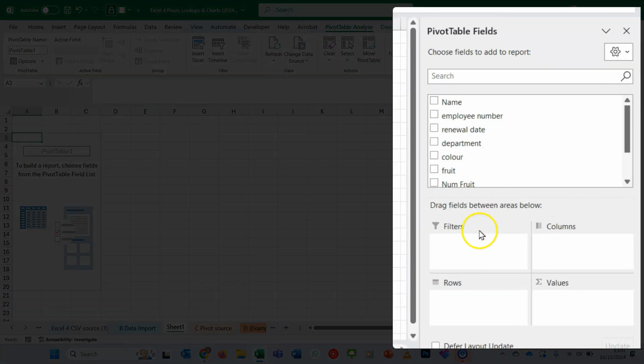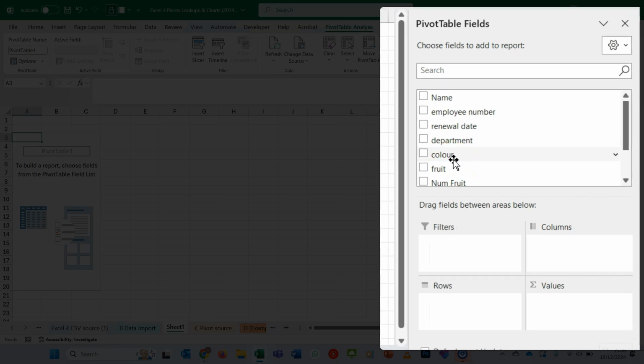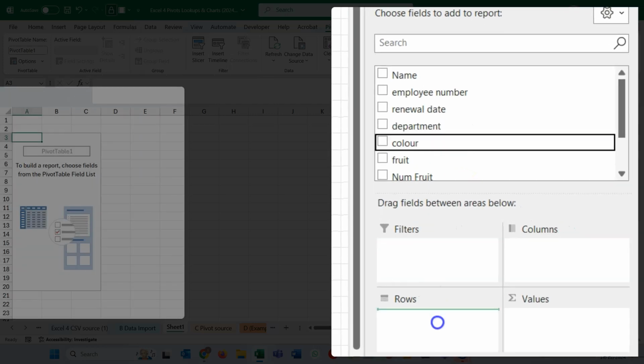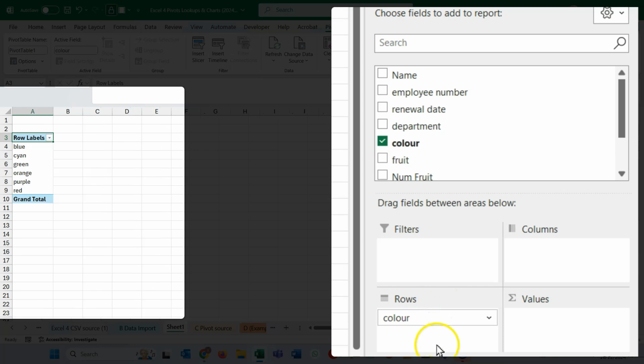Nothing actually appears on the sheet yet, but on the right you've got the PivotTable Fields. You can get into a mess of pivot tables very easily by just applying too many fields at once. So let's go through some simple examples. If I drag the colour field into the Rows box down here,